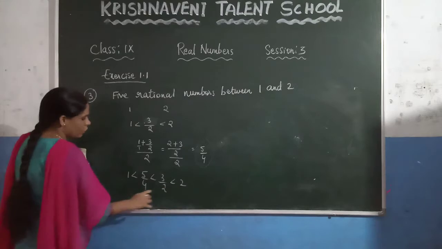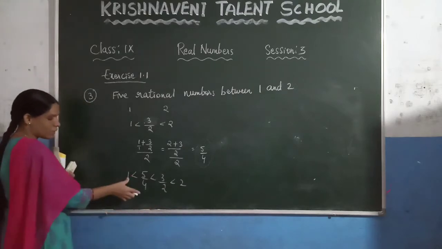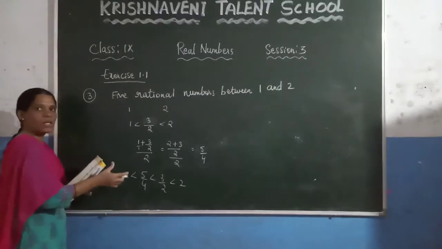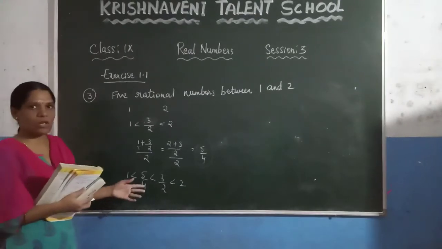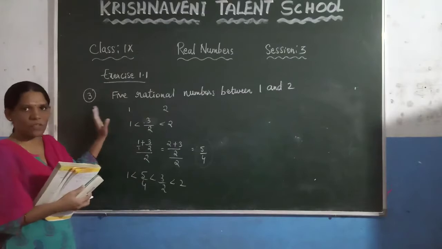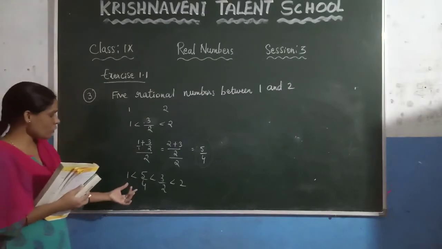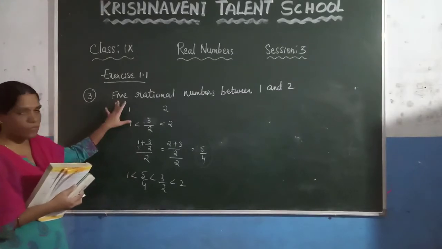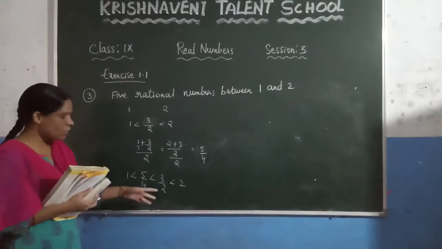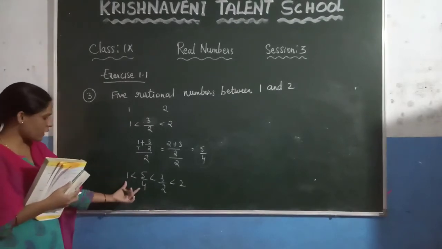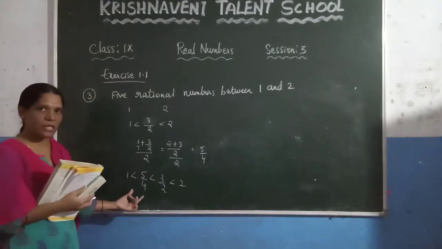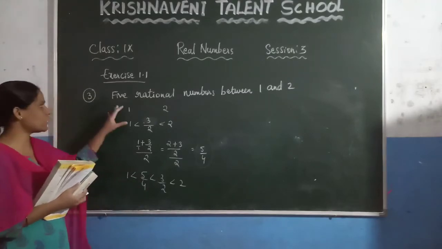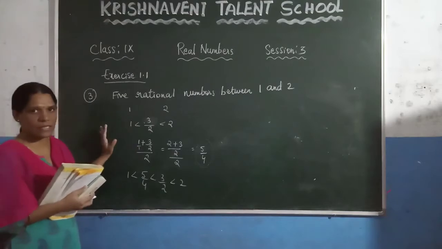In between 1 and 2, we got two numbers. Again, you have to take the mean of these numbers. Since it is a long process, you can do it this way also, like we did in the first method. Since we need to find 5 rational numbers, we have already done 2. In the next case, take the average of two values and you will get the middle one. Again, take the average of these values so that you get the 5 rational numbers. This is the alternate method.